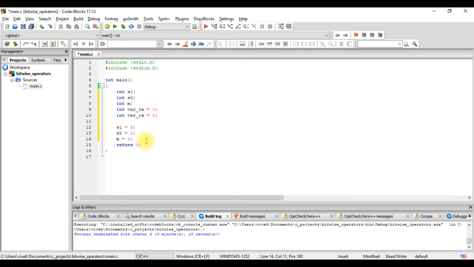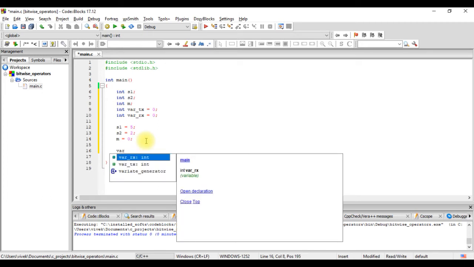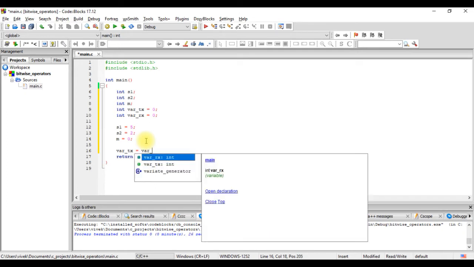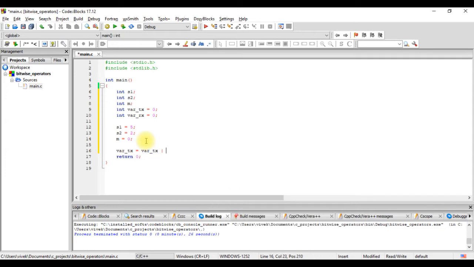Now when we pack the data, let's first pack sensor 1: var_tx equals var_tx OR s1.